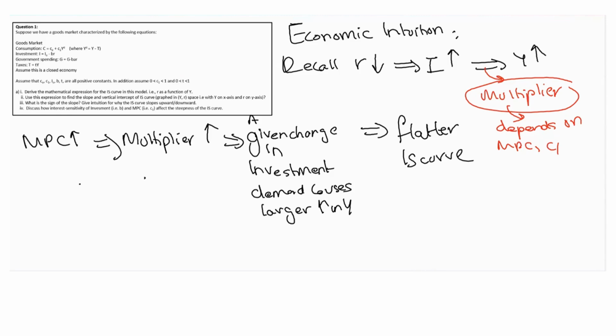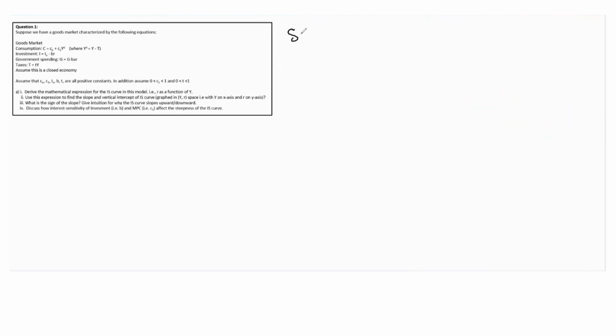Right, so the MPC, how does it affect the slope of the IS curve? It works through the multiplier, because when you have a larger multiplier, when investment changes, you will have a larger increase in output through the multiplier. So in short, we have seen the slope of the IS curve. If we just summarize what we've seen here, in short, the slope of the IS curve